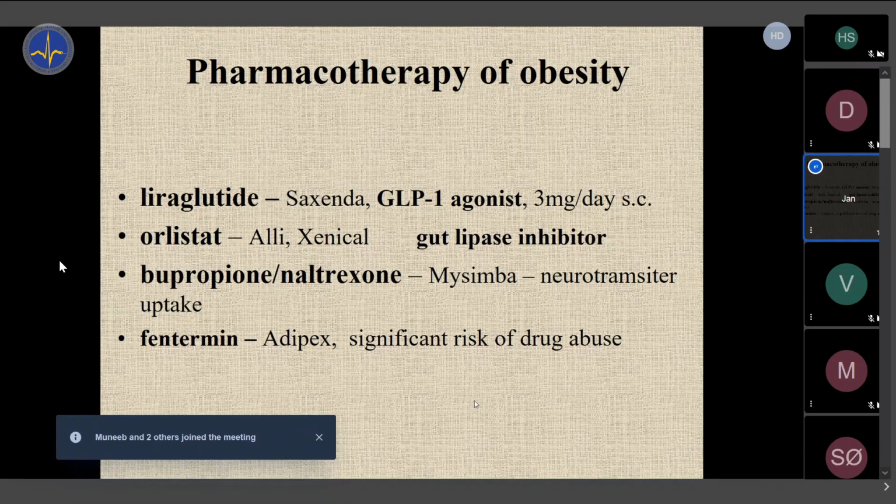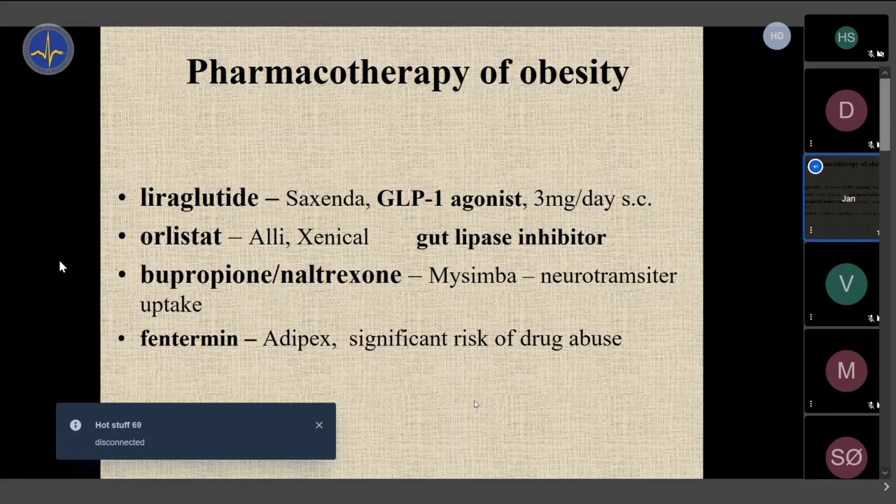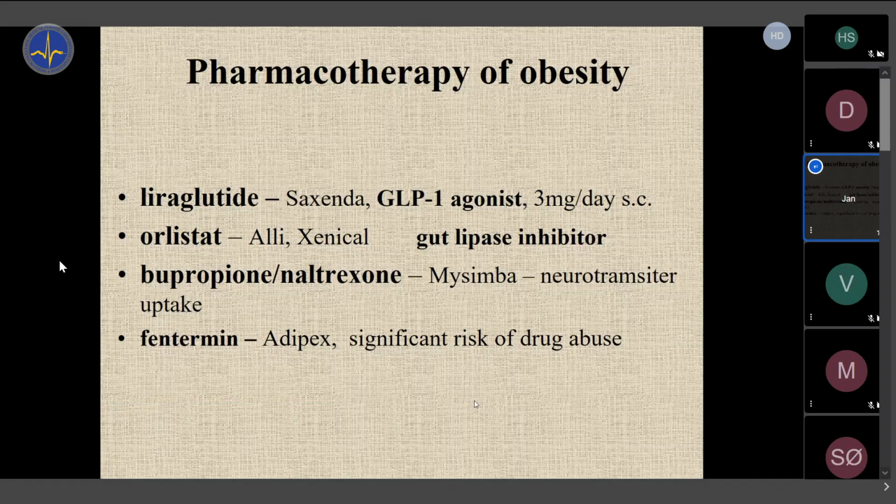But what we do, we indicate the patients. So we don't do the surgery, but we indicate, we talk with the people: this is an option for you. Most of them, of course, refuse or are not interested, or it seems too drastic for them. So very few patients actually accept it. But if they do, we refer them to the place where this is the number one interest of them.